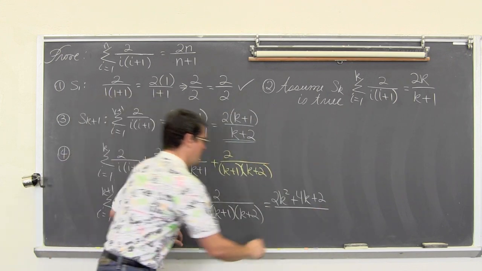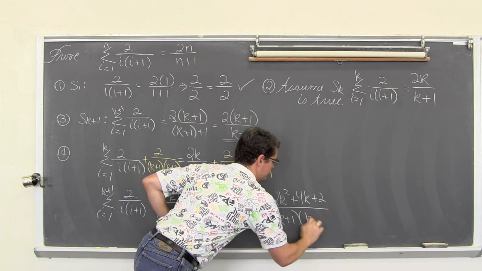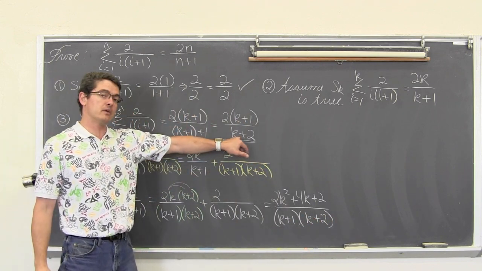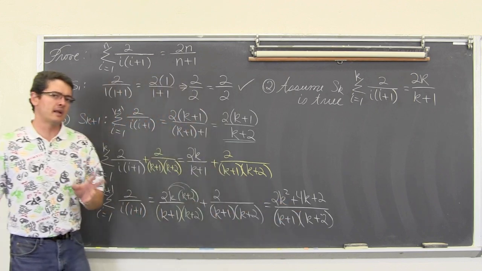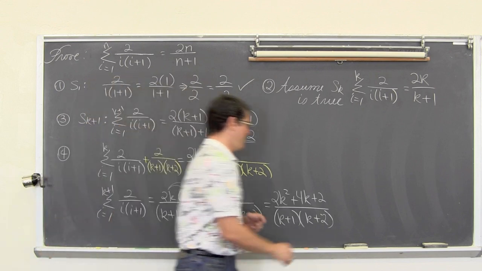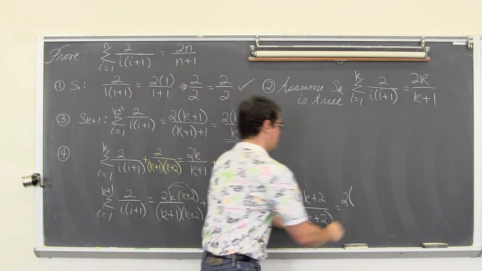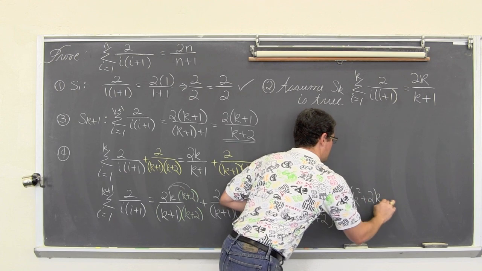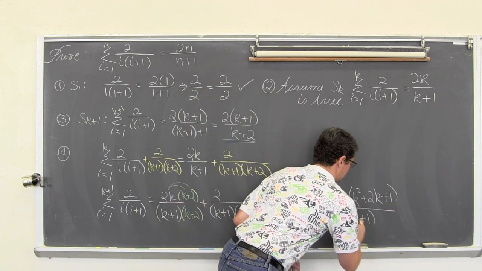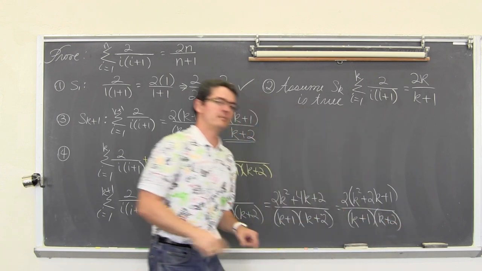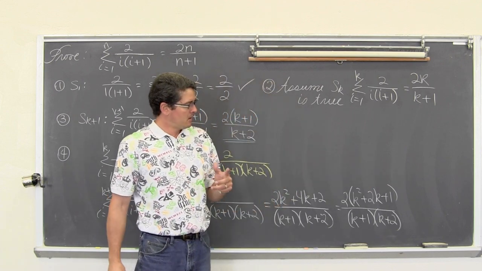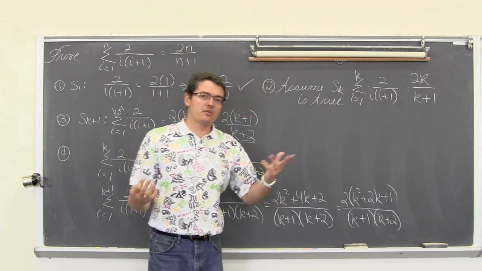over k plus 1, k plus 2. And I'm leaving the denominator in factored form because we only have one factor in the denominator, so some kind of cancellation is going to happen. All of these terms on top have a factor of 2, so we're going to pull that out. So we have k squared plus 2k plus 1 in our numerator. Now, what factors of 1 add up to be 2? 1 and 1, and we don't have any other choice anyway, because there are no other factors of 1.